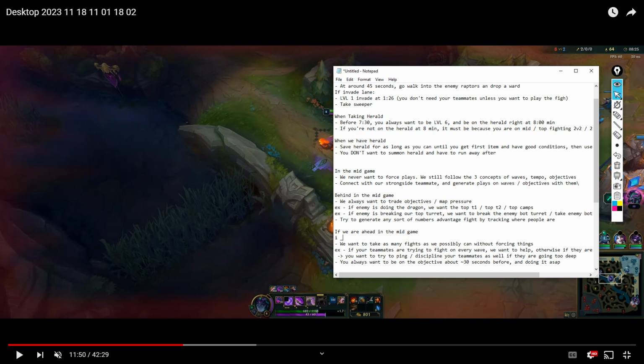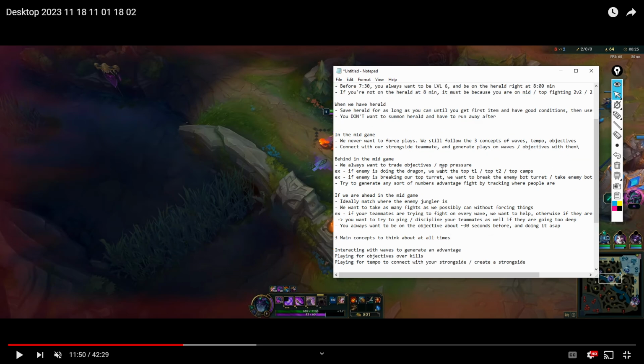So ideally match where the enemy jungler is. Okay, and so to close out games in the mid game, try to set up. When ahead, try to have the T2 towers top and mid broken, top and bot broken. Try to pull the Baron with vision setup. Do not flip the Baron. Try to make the enemy feel forced by just keeping a consistent...